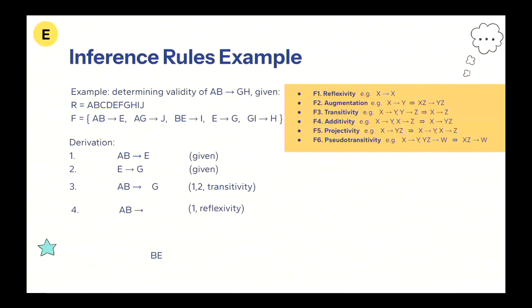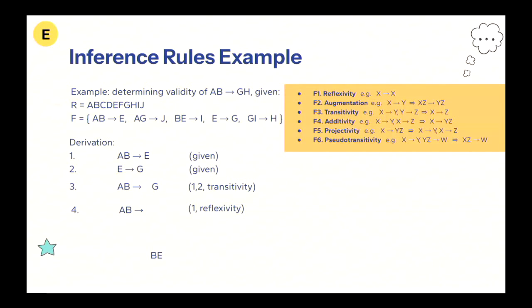And if we use projectivity here, let's say we just use reflexivity here with 1. What will it give us? I think I may have messed up with some of the